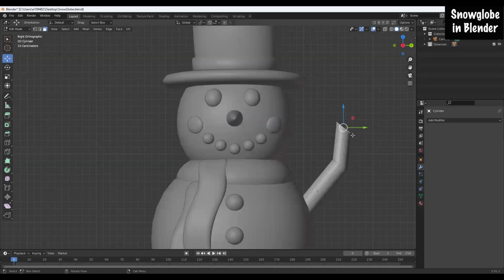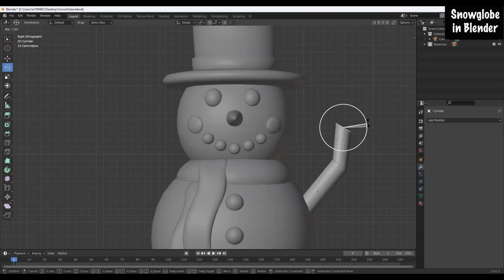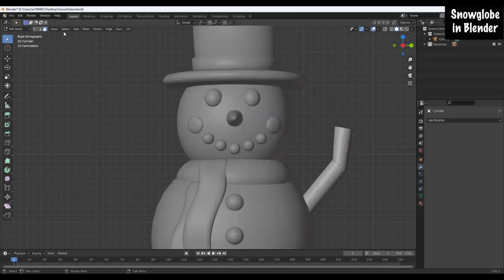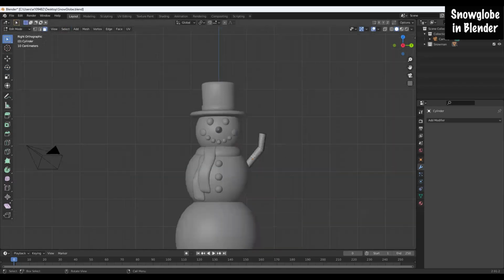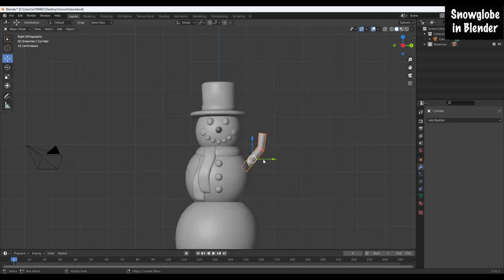Okay, I'm going to go back to edit mode. I want this here to be straightened a little bit. So I'm going to rotate that a little bit that way. Okay, so I have that arm. I'm not going to mirror it yet. Actually, I'm not even going to mirror it because then they would both be up and I don't want them to both be up. But I'm not going to worry about the other arm just yet